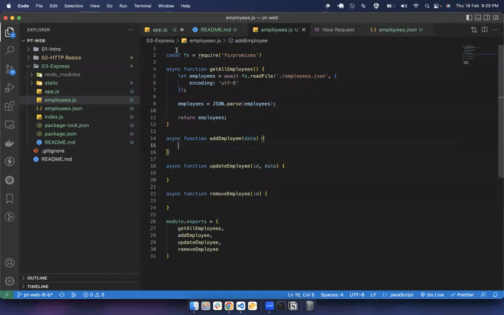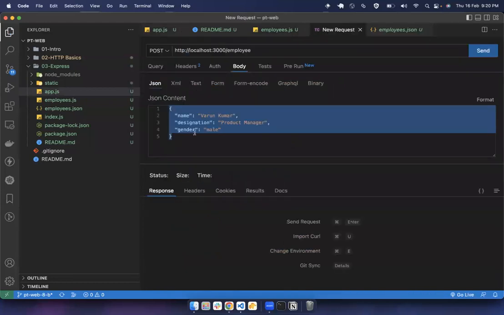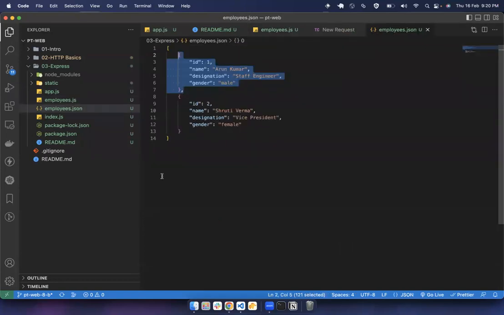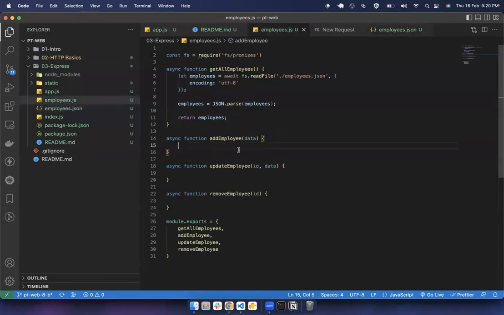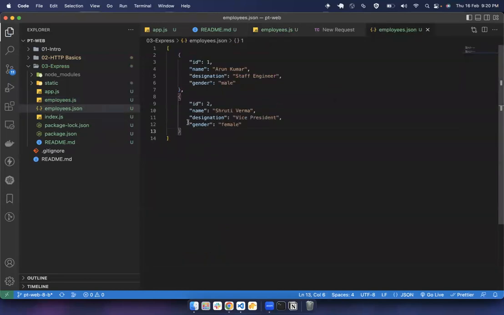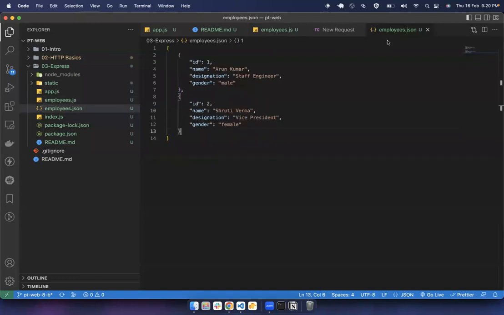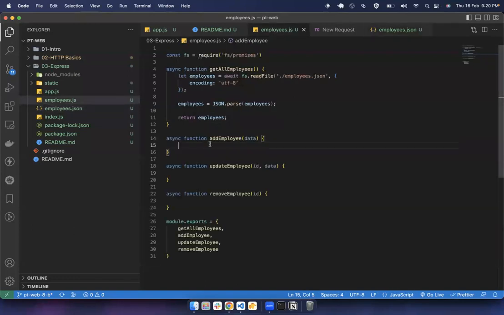Now our job in this function is to assign a new ID first of all, and then change the content of this file by including the new employee's data. Before we can create a new ID, we need all the employees here, right? We cannot create a random ID. We want to create an